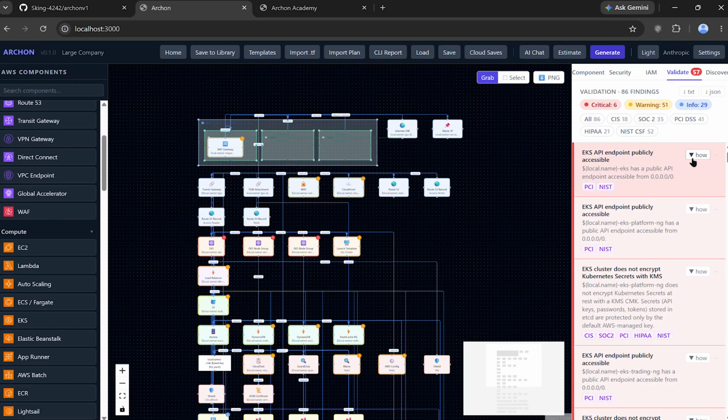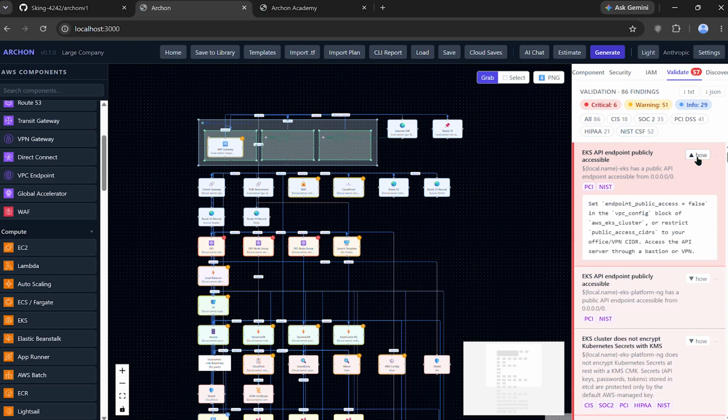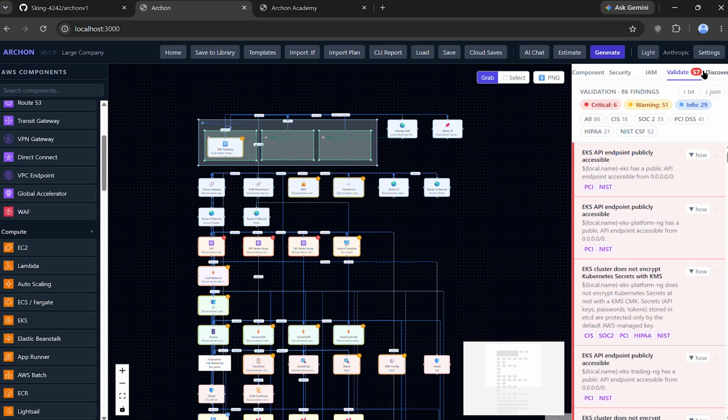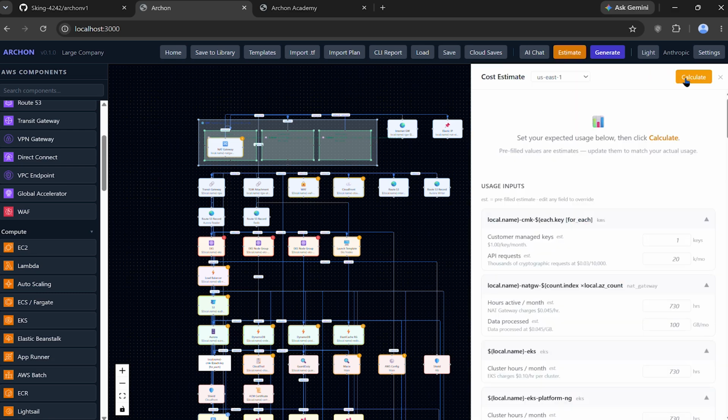As you can see, there are a lot of different things here that are an issue. Every time it has a warning, it'll also tell you how you can fix it, which I find pretty useful. Over here, we'd like to see how much this would cost, because frankly, that's one of the things we're interested in. But actually, we'll do this in a second.